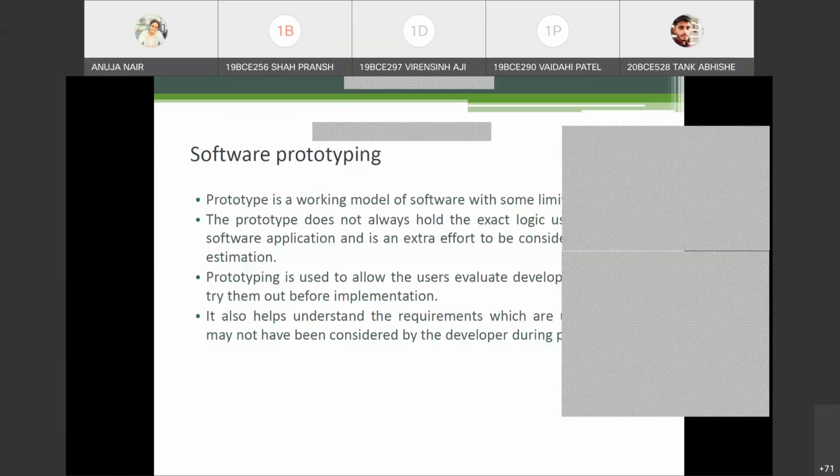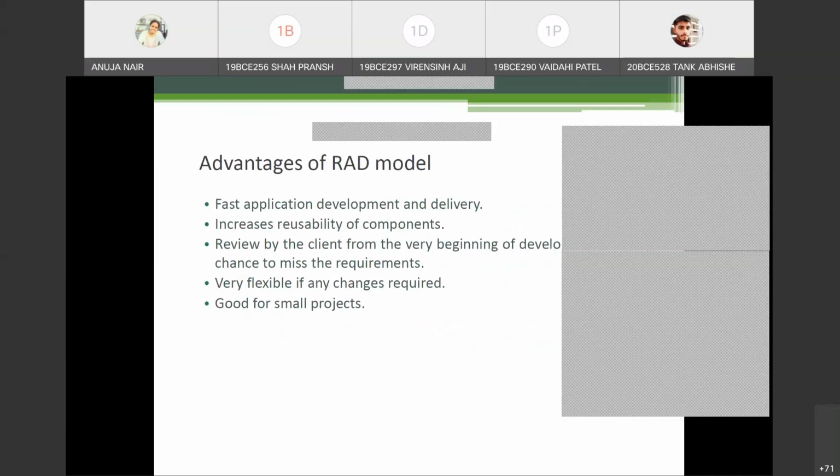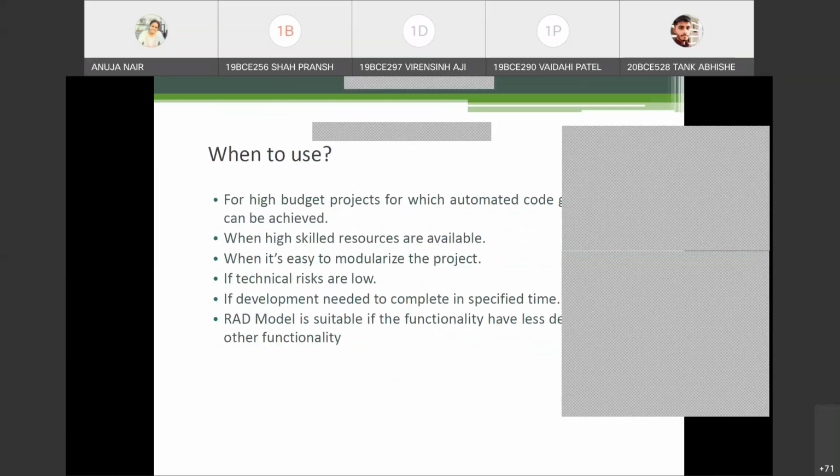In the RAD model, the cost is very high, because sometimes you need automation as well. Reusability is there, but sometimes automated tools are also required, क्योंकि आपको जल्दी काम खत्म करना है. So that is why you require automated tools, automated code, right? So for that you require money. So RAD models में budget बहुत high होता है, high budget projects are there. And because you need to complete everything in a small amount of time, the work is supposed to be done very fast, so you require a high budget.